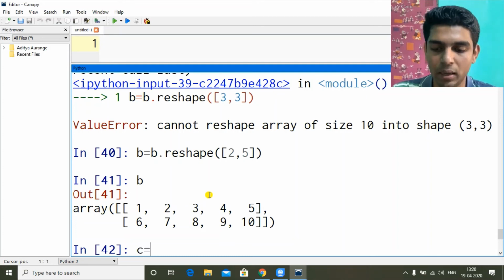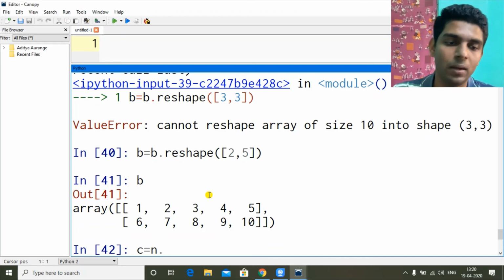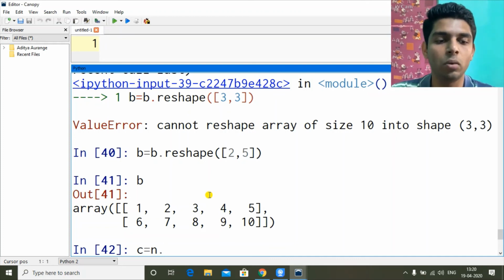So let's say C equal to, we can use both linspace and arange. Arange is easier. With linspace you will have to think about which values you want to give. In arange, simply give the starting value and stepping should be 2 because from 1 you don't want 2, you want 3 then 5, and you have to think only about the last value so that I get 25 values.